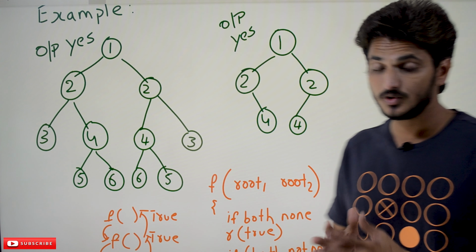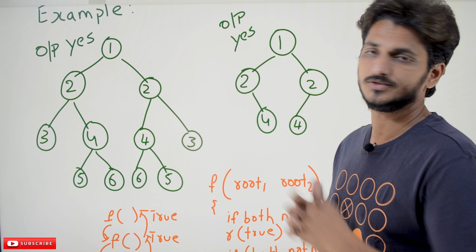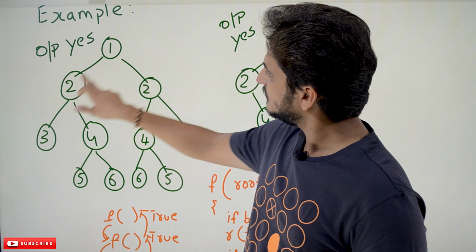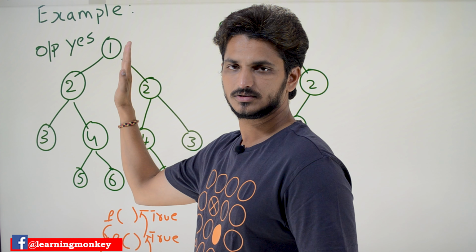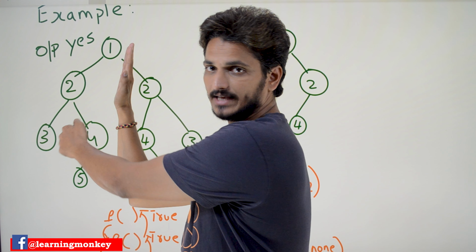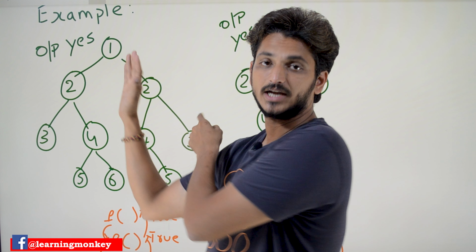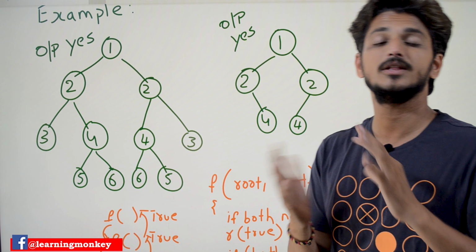Let's take an example. First we will understand what symmetric means. If you take this binary tree 1, 2, 2, see, if you place a mirror in between, in the mirror this half exactly looks like the second half. That is what symmetric means. 2, 2, 3, it shows 3 here. 4, 4, 5, 5, 6, 6. If your binary tree satisfies this mirror image for each and every node, then we can say